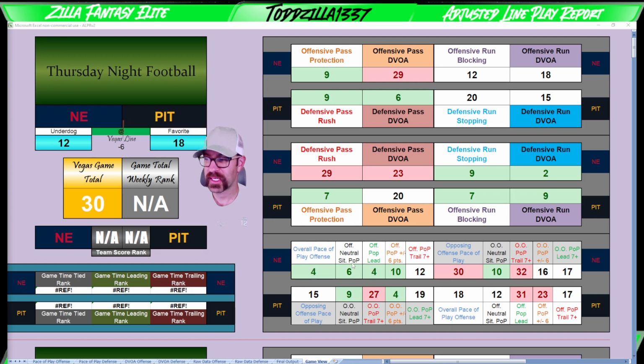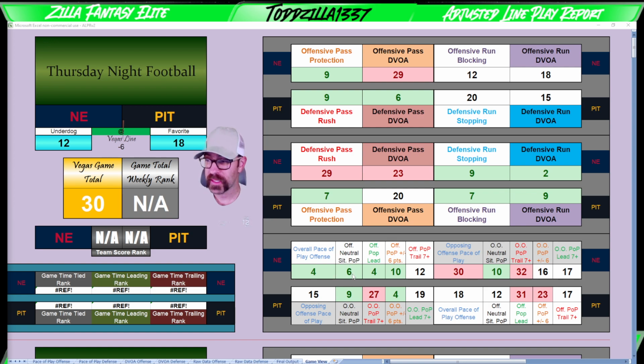They're number 6 in offensive neutral situations. So those are situations not including the last 2 minutes of the second half and not including the fourth quarter. So anytime in the first, second, or third quarter, that's not the last 2 minutes, in a situation where the game total was within one score, really that's what that's looking at. Offensive neutral situation pace of play, they're a top 6 unit. So when the game situation doesn't necessarily dictate that you should be playing faster or slower, they are number 6